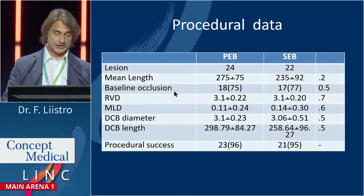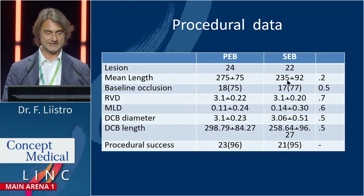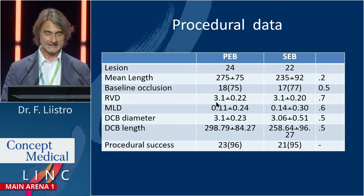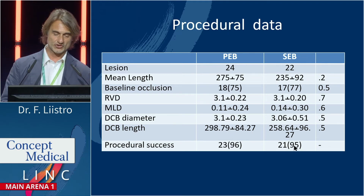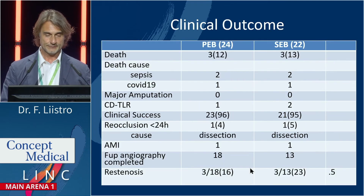The date of the procedure, the mean length was 27 centimeter and 23 centimeter, baseline occlusion in 75 and 77% of patients, the same reference vessel diameter, 3.1, and the MLD. And also the DCB diameter in length was almost 30 centimeter. We had a procedural success of 96% at the end of the procedure, but you will see that we have